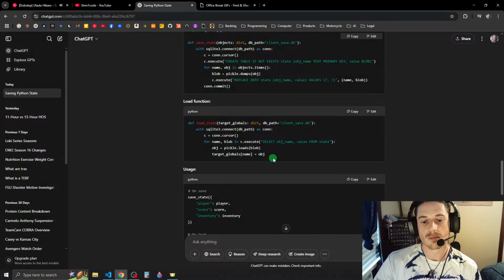So this is perfect, right? This would work. We would pass the name as a string, which it already is a string, to target globals. Wait, hold up. What is this? Target globals dictionary.